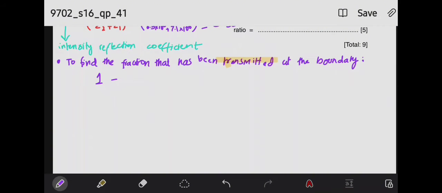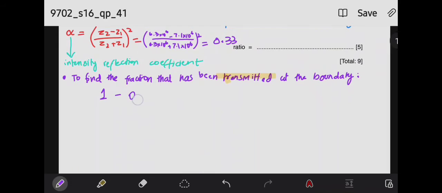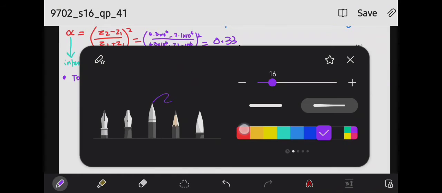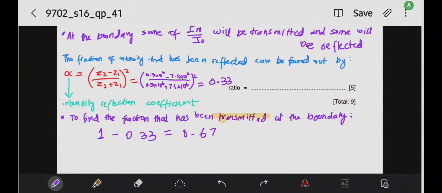And that is the alpha that we found out, which is 0.33, so 1 minus 0.33 gives 0.67. Now what is this 0.67? If you remember, this is actually the fraction transmitted, which is I_T over I_M. This I_T over I_M is the fraction of the beam that has been transmitted at the boundary. It is not the fraction of the incident intensity I naught. Therefore, we need to take the fraction of the intensity that has been transmitted in the muscle. That is